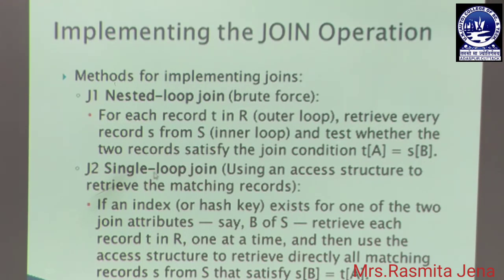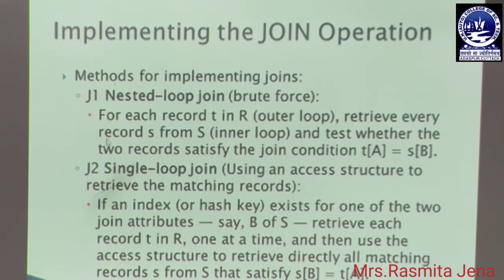Next, the single loop join using an access structure to retrieve the matching records: if an index exists for one of the two join attributes, say B of S, retrieve each record T in R, one at a time, then use the access structure to retrieve directly all matching records S from S that satisfy S[B] equals T[A].